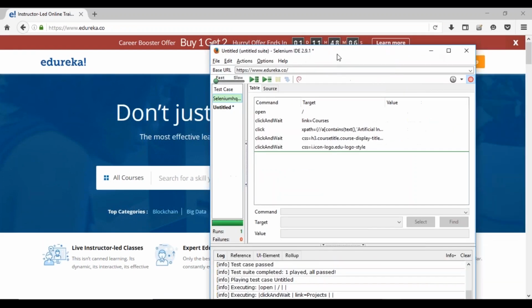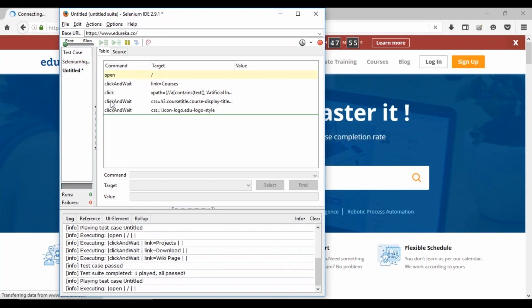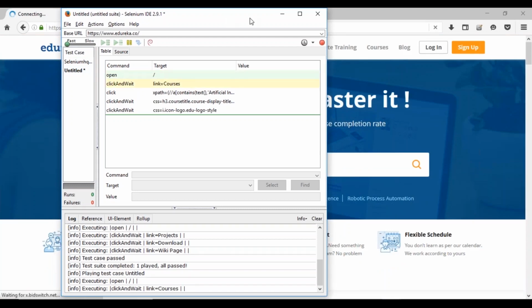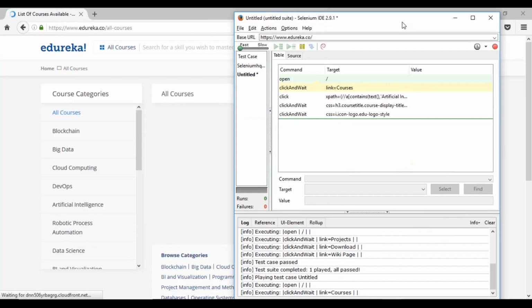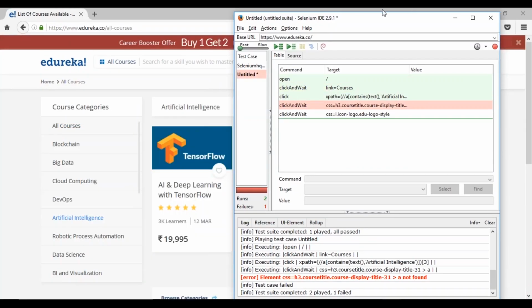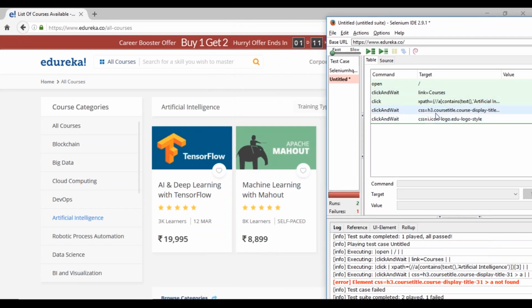So here what I'll be doing, I'll be stopping it and I'm going to run this. So I can now run this test script, play test suite from here. So what it is going to do, it is going to perform all the app operations and the navigations that you were doing. So if you see, it is going to the course, and now it is going to click on your artificial intelligence. It is going to click on the next course, okay, if it's present. So wherever, see here, it is throwing some error, right?